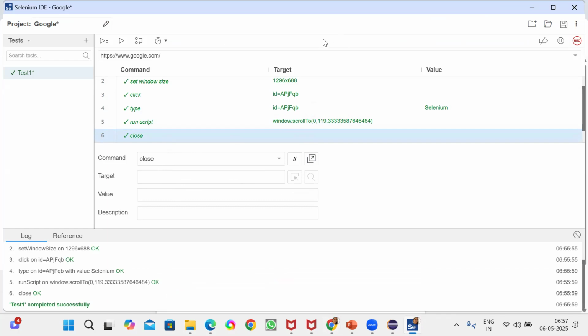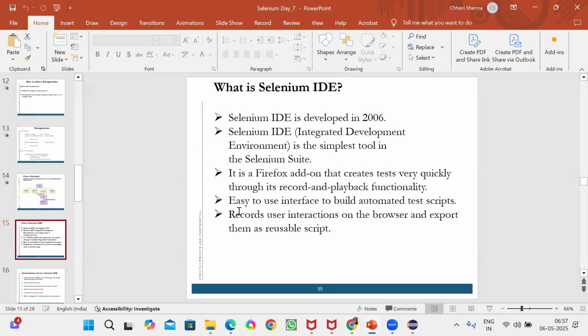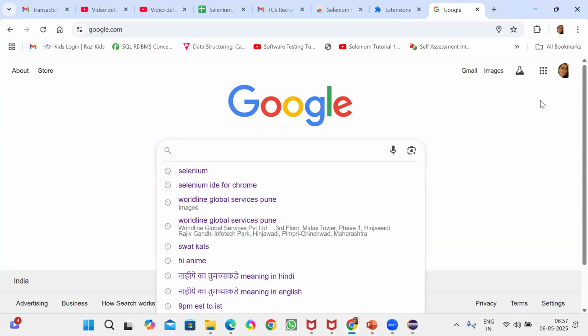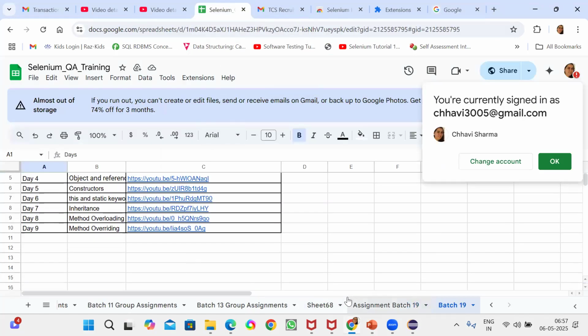But as I said, IDE is not that popular, but you should know that this type of tool is available within the Selenium Suite. We will be focusing more on Selenium WebDriver, not the IDE. Just an overview of IDE I have given to you. If you want to learn more about IDE, which is not that much in use, what you can do is